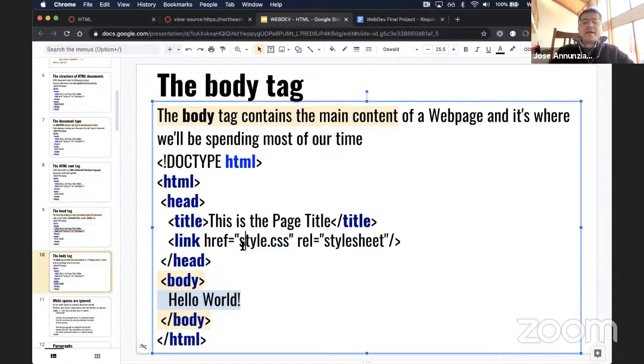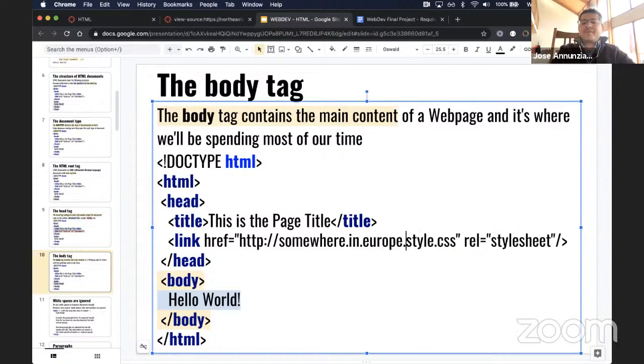File or URL? Yes, this is a URL. This is a URL that points to a document, an actual file. It could be a file that lives locally on the same file system, or it could live halfway across the world, like http://somewhere in Europe/styles.css. It could live anywhere. Thank you, Kate. So definitely it could be a URL, but at the end it is an actual file that gets downloaded and then used